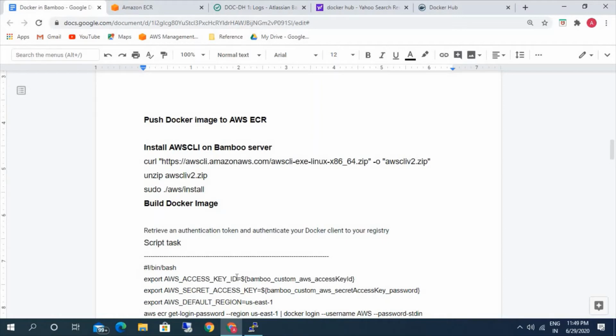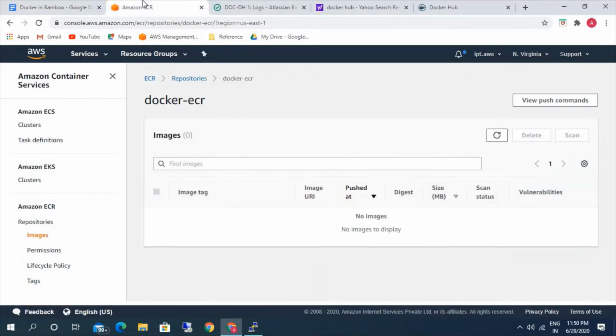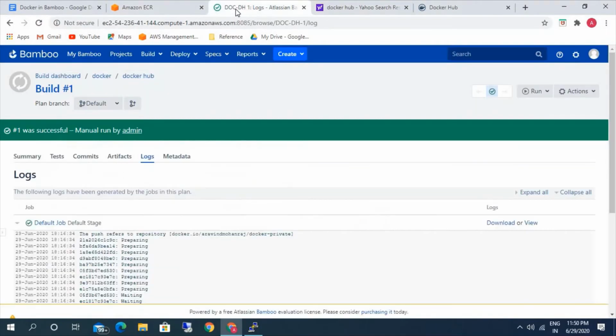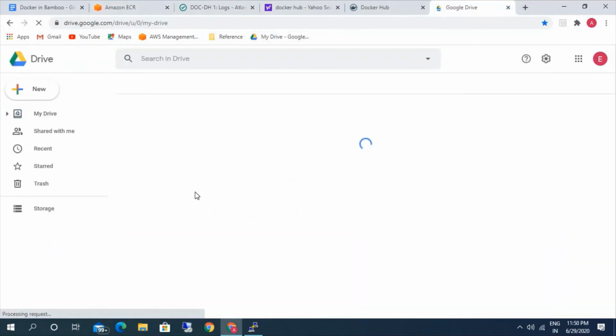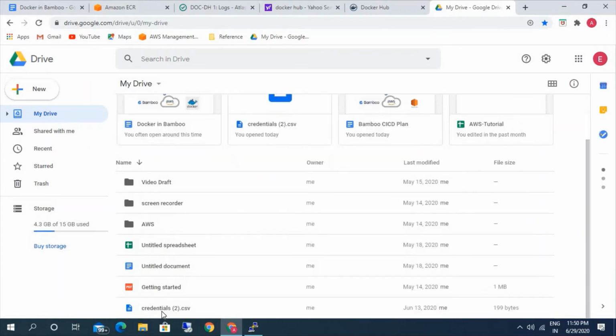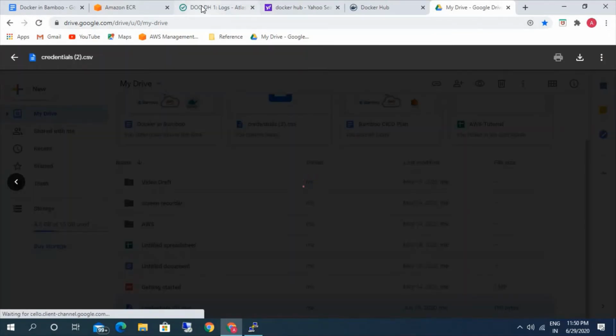What we're going to do next is configure our AWS secret key and access key. For that we need to create a user in AWS IAM, Identity Access Management. We need to give the appropriate access to the ECR, or you can give complete admin access. I already have created the admin user and I have the credentials with me. So we'll be using that credential to log into AWS and use ECR. Let me get my credentials. Okay, I have my credentials now.